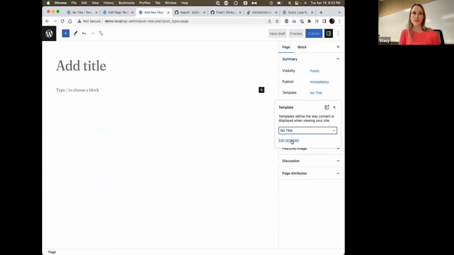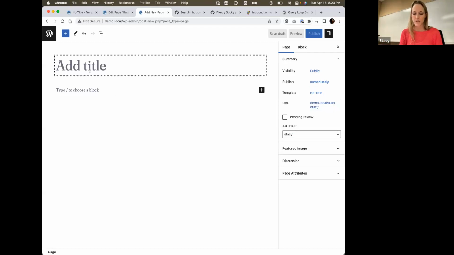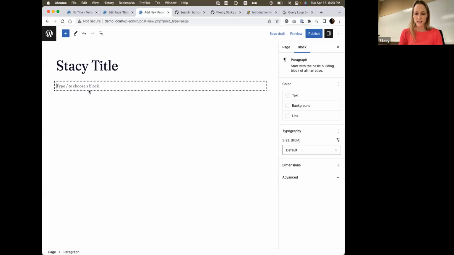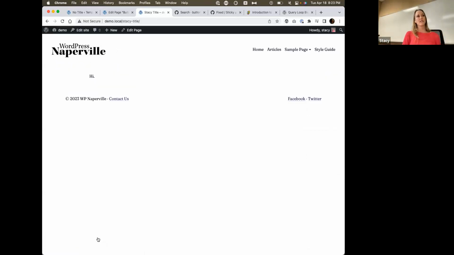So, no title. You can also jump to the template editing from this modal. Maybe not the most obvious way, and it's certainly hidden. So even though I have no title, I'm still going to say Stacy title. Hi. I'm going to publish this. The page still needs to know what to call it because it needs to have a URL. By default, it will just use whatever you have in the title there. So even though it does display my title on the front end, it won't. So what that allows me to do is use some sort of fancy,